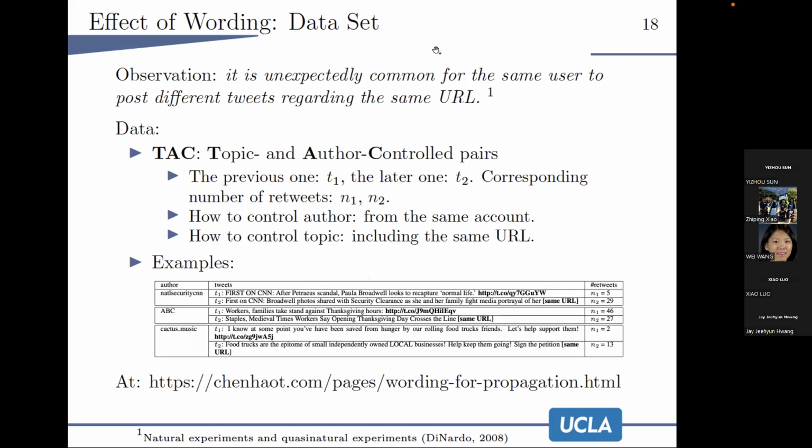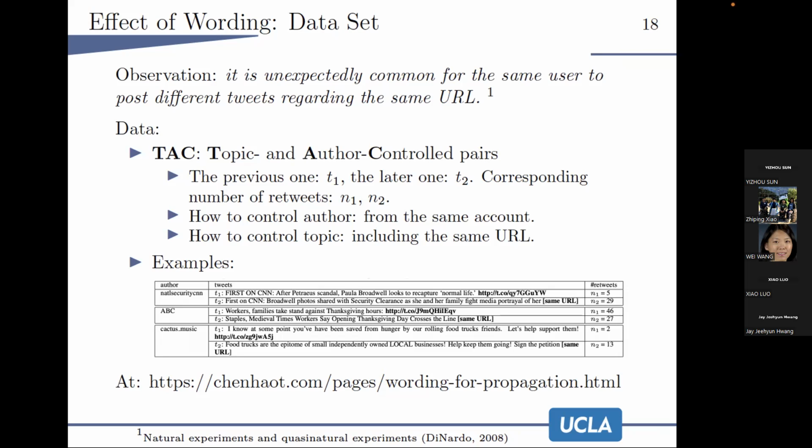And so sometimes a user tweets something and posts a URL, but for some reason they say something else and paste the same URL again. Starting from this observation, they collected pairs that they call TAC pairs, which stands for topic and author controlled pairs, which means those pairs contain the same URL and come from the same account. They refer to the previous tweet as T1, the later tweet as T2, and the corresponding numbers of retweets as N1 and N2. Some examples from their data sets we can see here